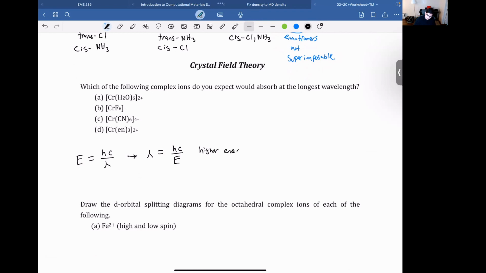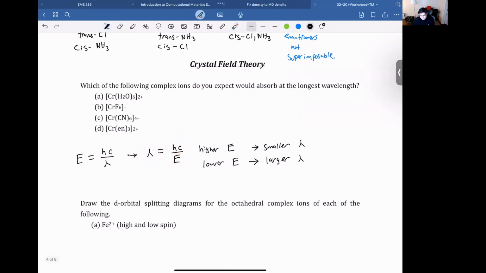So looking at this, higher energy yields a smaller wavelength, and lower energy is a larger wavelength. Why? Well, if you look at this term over here, E is in the denominator of the fraction. So if you divide by a bigger number, you get a smaller number coming out. You divide by a smaller number, you get a bigger number coming out. So looking at this, what we are going to want,